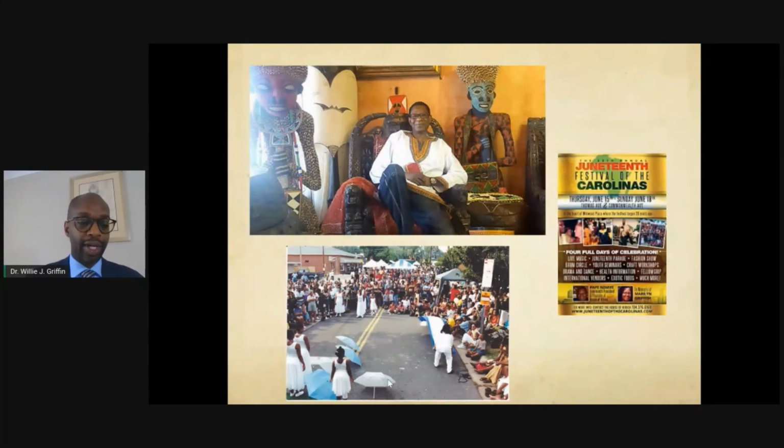Juneteenth today celebrates African American freedom and achievement while encouraging continuous self-development and respect for all cultures. As it takes on a more national, symbolic, and even global perspective, the events of 1865 in Texas are not forgotten, for all the roots tie back to this fertile soil from which the National Day of Pride is growing.